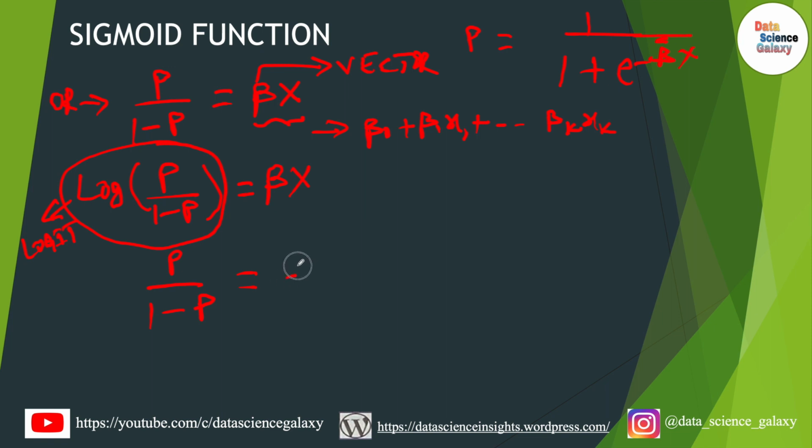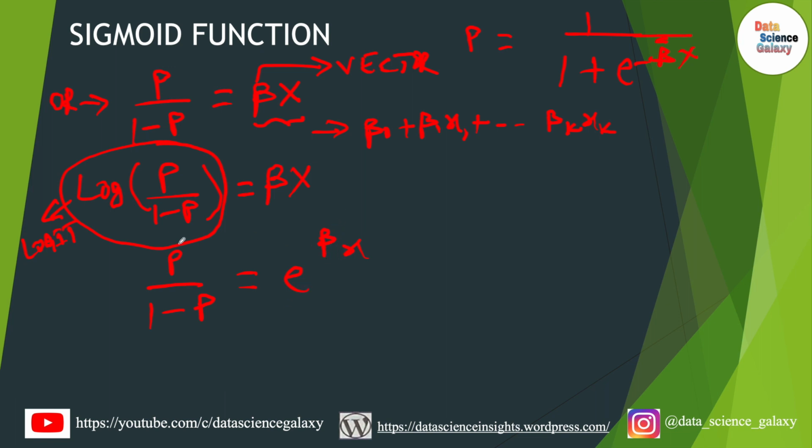Because I've exponentiated, I can represent the exponentiation with the English letter e, exponentiation of beta x. Hope everybody is clear on this. Think of this as the anti-logarithm, something opposite of logarithm. I've gotten rid of the logarithm, and therefore I have to use exponentiation as the mathematical idea. So on the left hand side, I shall remain with p upon 1 minus p equal to exponentiation of beta